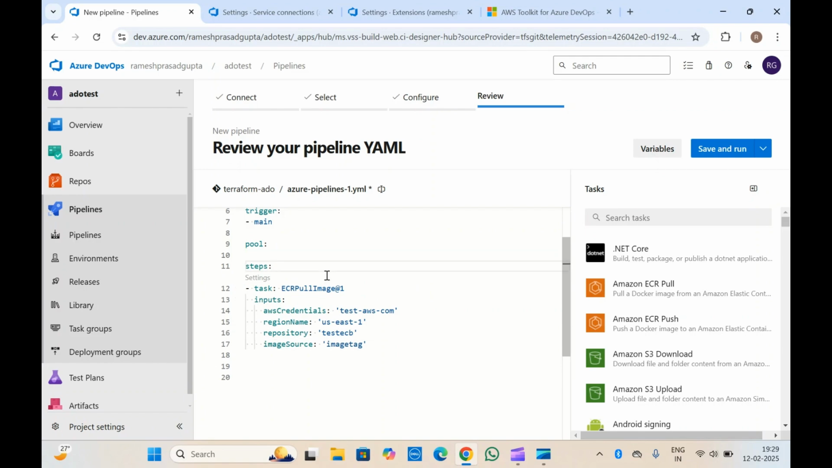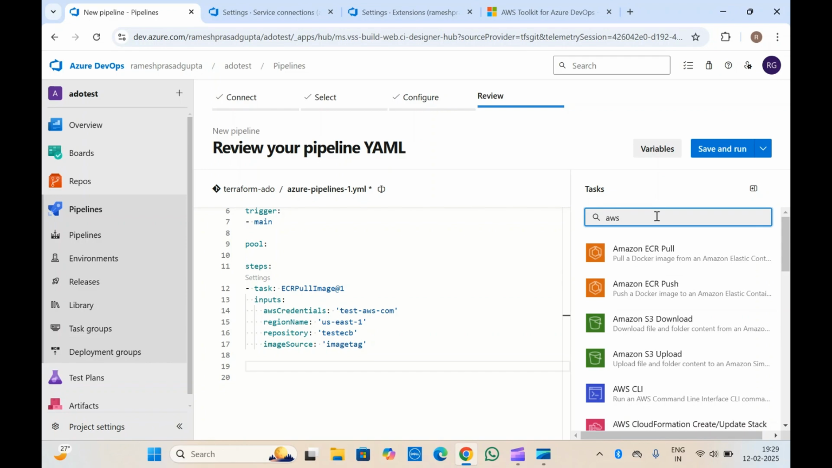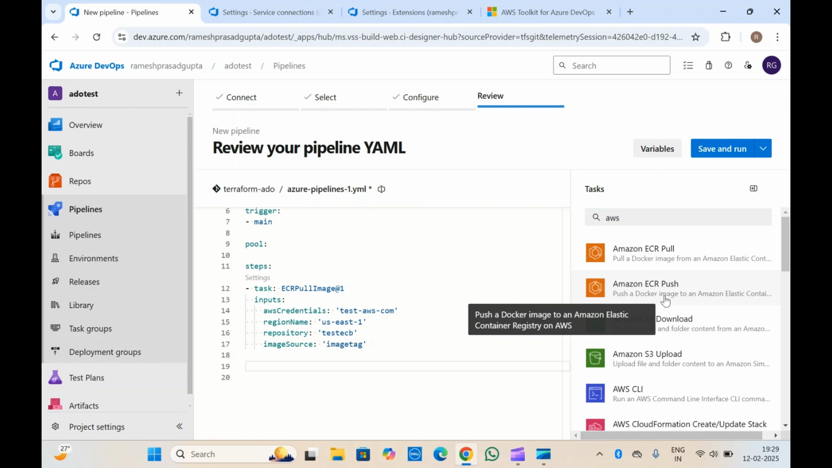So this task we have used to pull the Docker image from your container registry. Okay, that is nothing but this registry, this repository inside your AWS cloud. Like this, we have multiple tasks available related to AWS. Like if you want to push the Docker image inside your Elastic Container Registry, you will be able to use